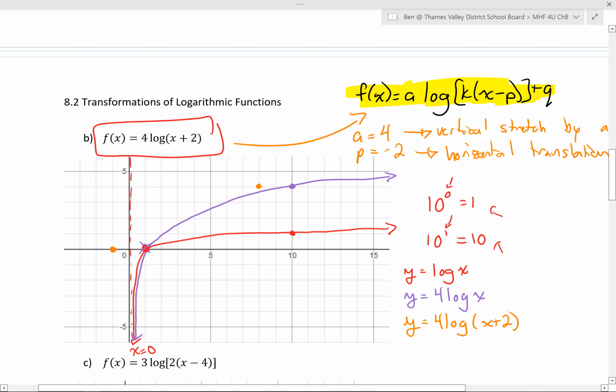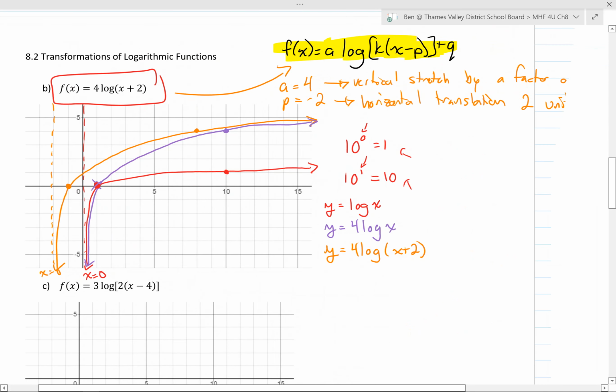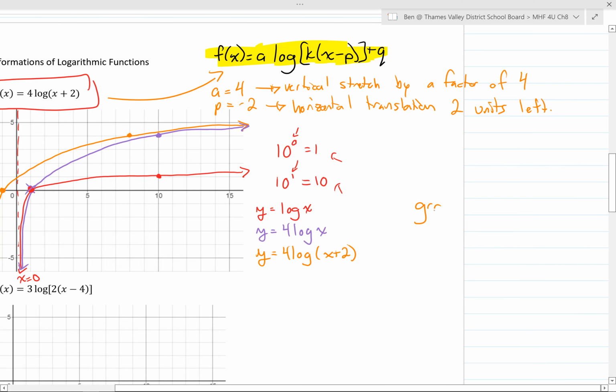And I should have as well the vertical asymptote that gets translated 2 units to the left. So that's at x equals 0. Oops. I can plot it. Let's try going from this direction, a little easier. There we are. Now this, again, this was graphing by transformations. But I know some of you